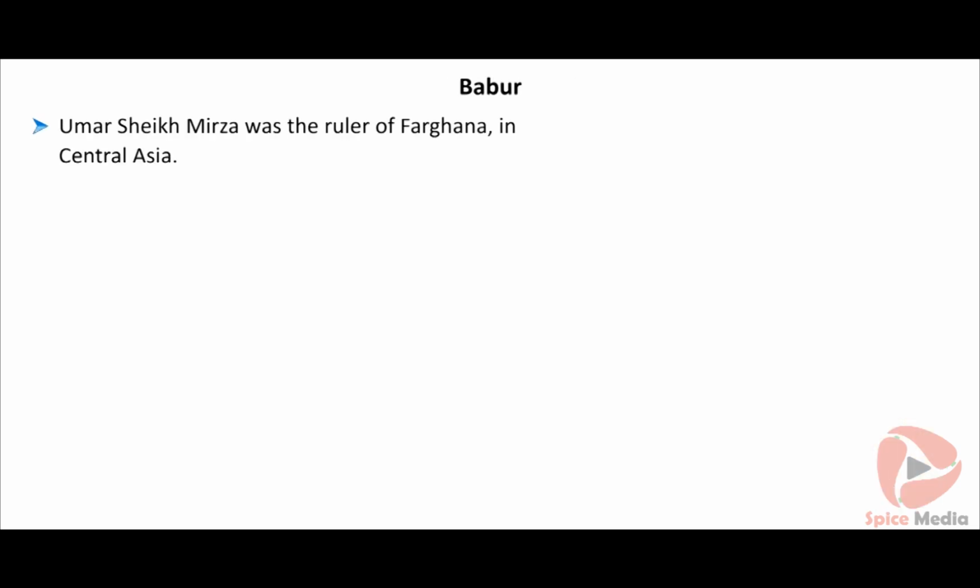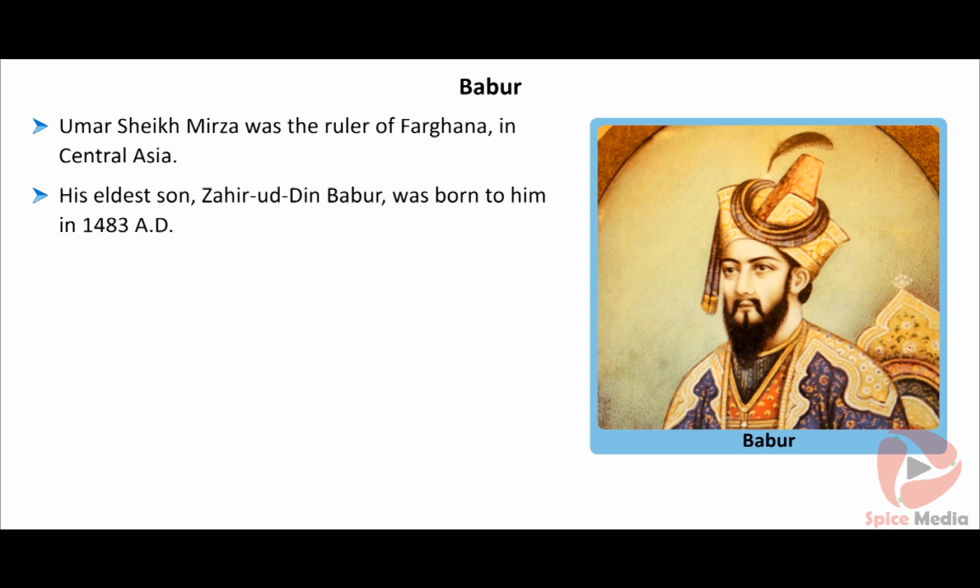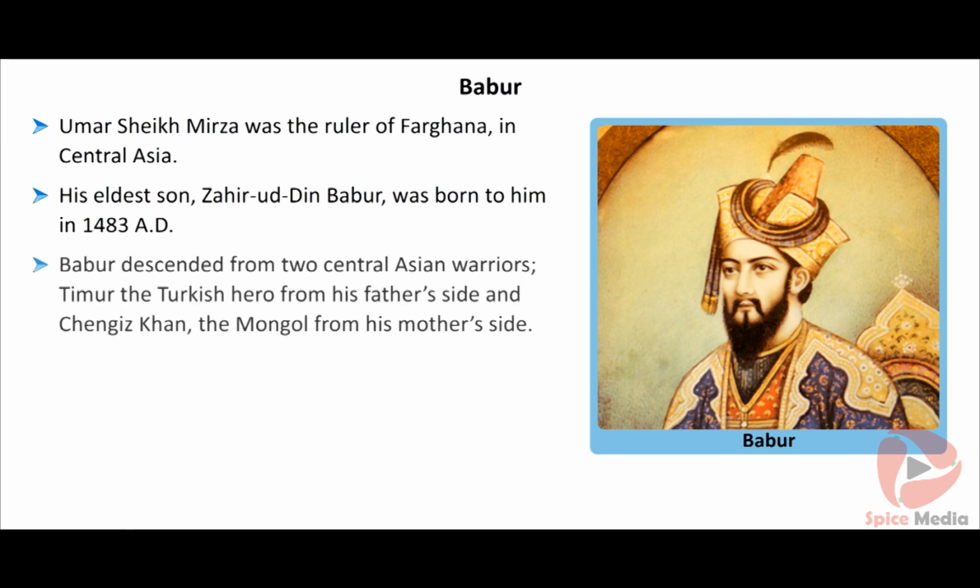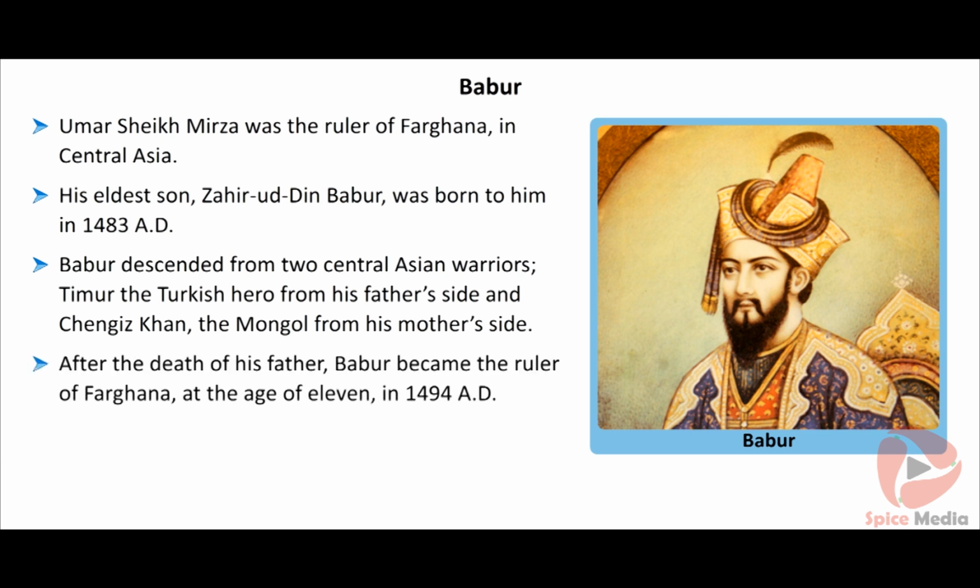Umar Sheikh Mirza was the ruler of Farghana in Central Asia. His eldest son, Zahiruddin Babur, was born to him in 1483 AD. Babur descended from two Central Asian warriors, Timur, the Turkish hero, from his father's side, and Chengiz Khan, the Mongol, from his mother's side. After the death of his father, Babur became the ruler of Farghana at the age of 11